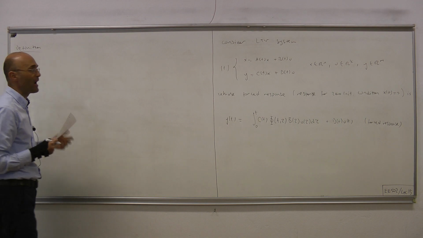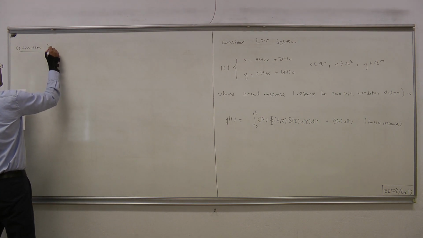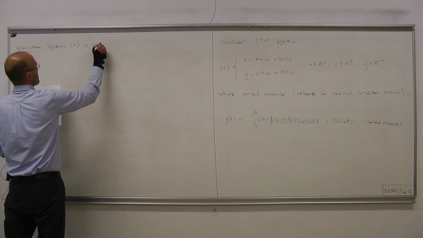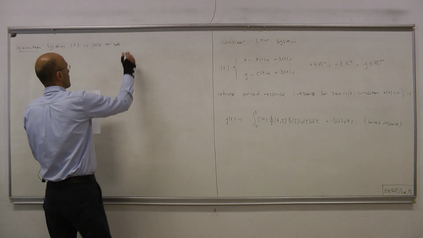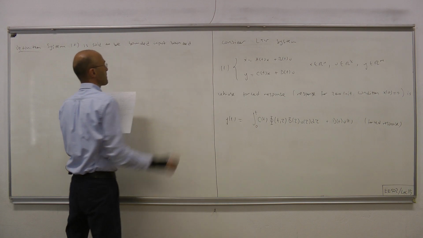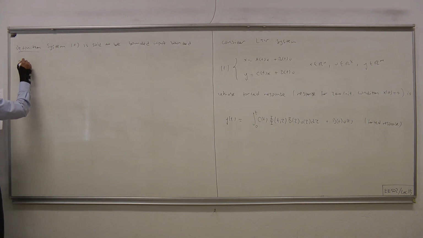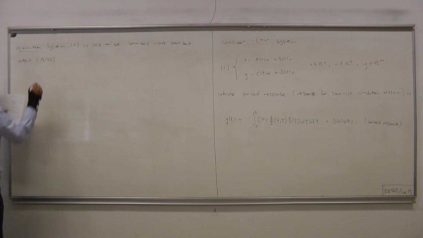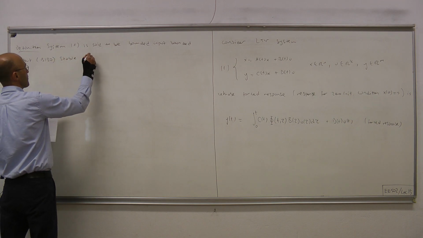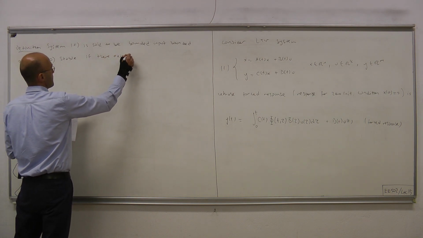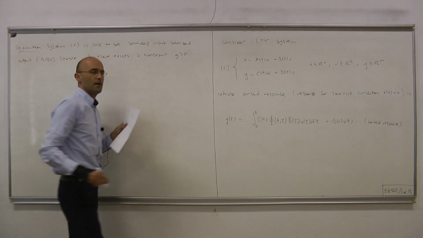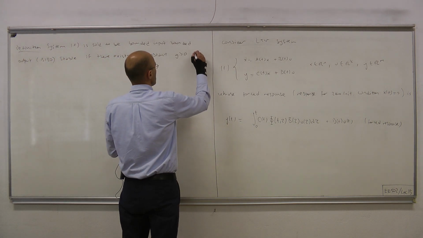Okay, here is our BIBO stability definition. A linear system given by equation 1 is said to be bounded input, bounded output stable, or in short, BIBO stable, if you can find a constant, indicated by g, positive, such that